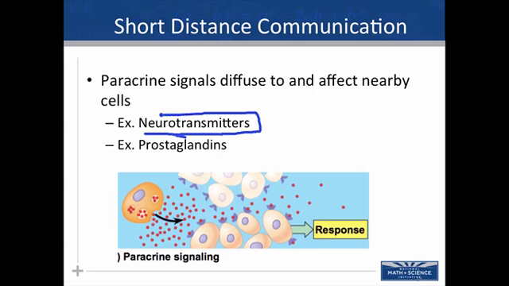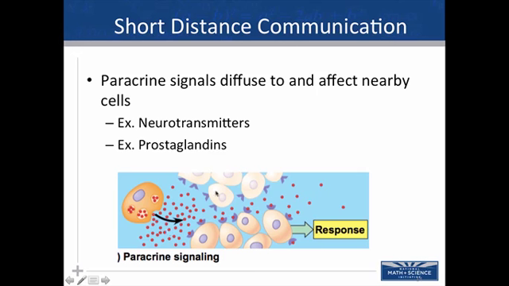Neurotransmitters are released from one neuron to the other at the synapse, where one cell releases the chemical and it goes to the next cell and causes a response, which is one example of short